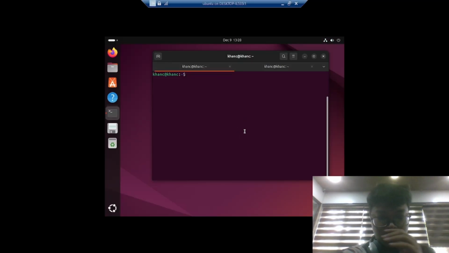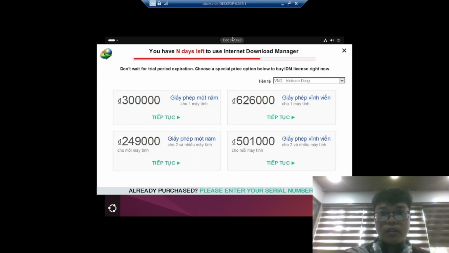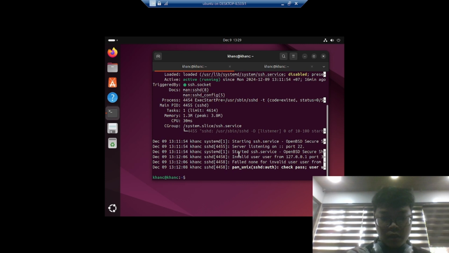So first, let's check the status of SSH. It requires the password, so it's working correctly. Okay, let's go